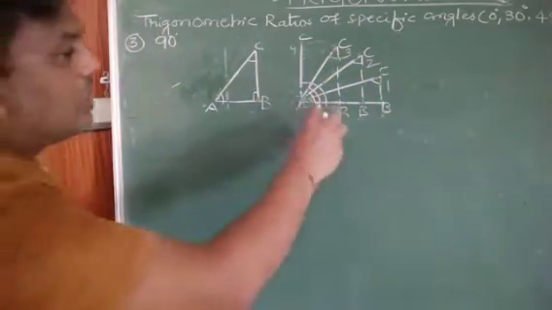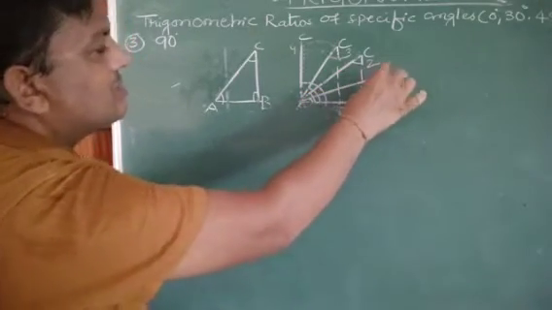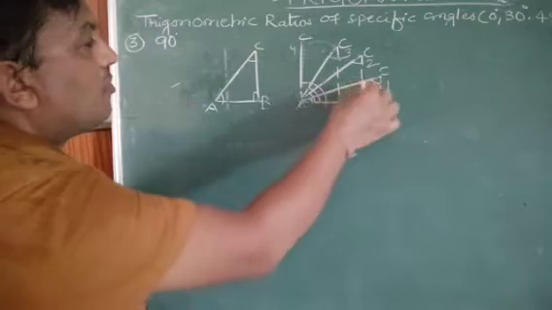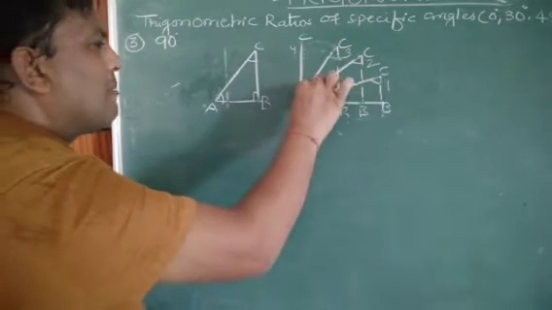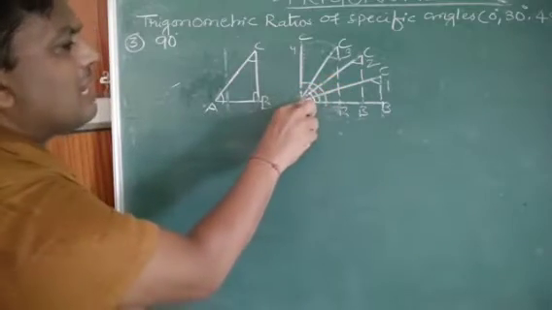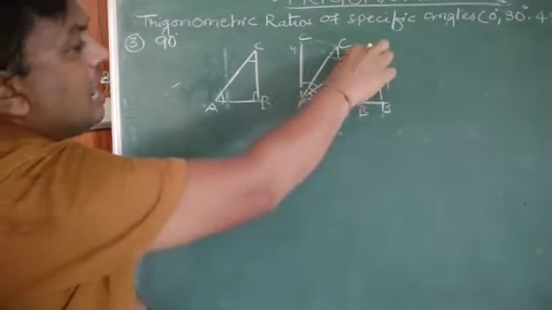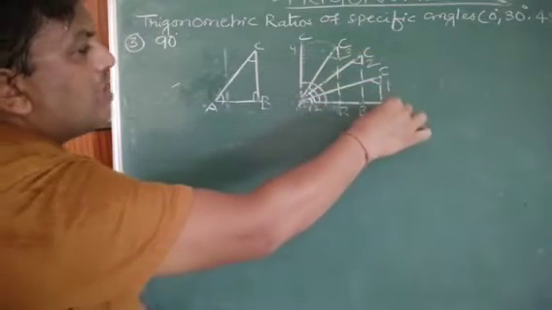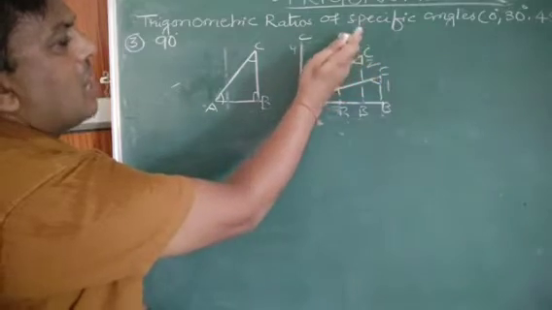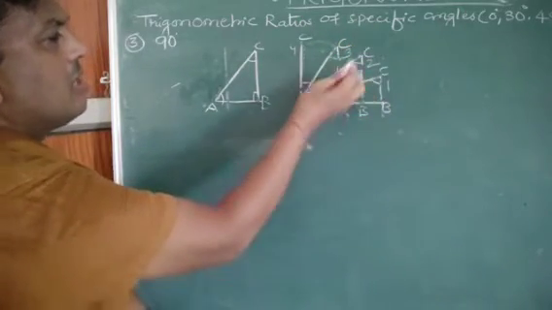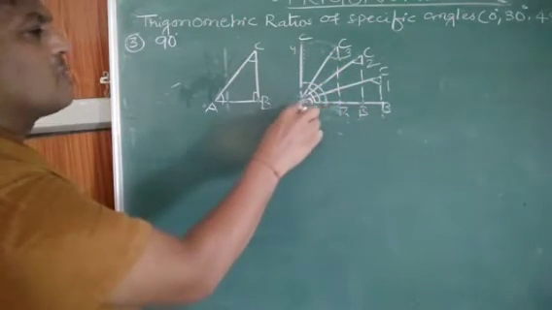Okay, children. In the first triangle, this is angle A, this is angle C, and this is AB. When I rotated somewhat up, what happens? This angle A becomes large. Angle A increased, and angle C decreased. B was here, B came here. Because if you rotate this side, automatically B is coming here. If you are rotating further, B is coming closer to A.